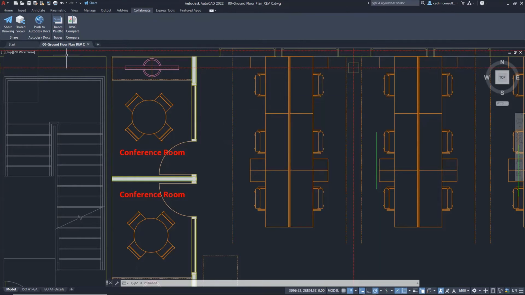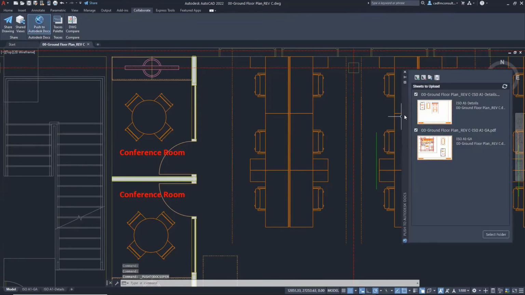One of the other nice new features as well is push to Autodesk Docs. That was announced at AU last year. Autodesk Docs is kind of combining lots of different things, BIM 360, Plan Grid, and various other things, all part of the Autodesk Construction Cloud. And push to Autodesk Docs, again, is another little driver that you have to install. It's called Autodesk Connector. Once you've got that set up, again, it's a 5-minute install. It doesn't take long. What that does is it opens up a palette. Oh, look, I have actually got some things in there. There you go.